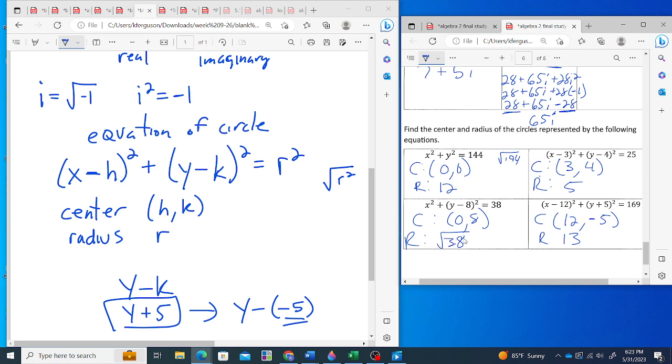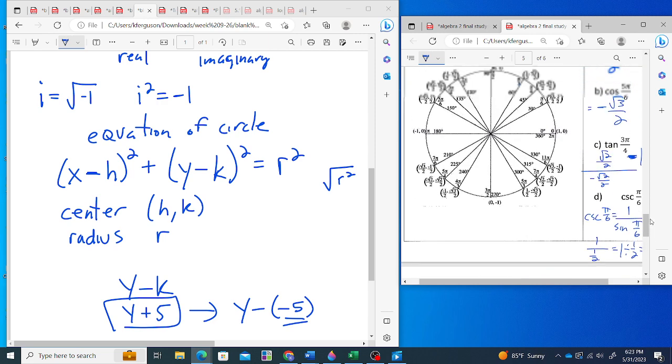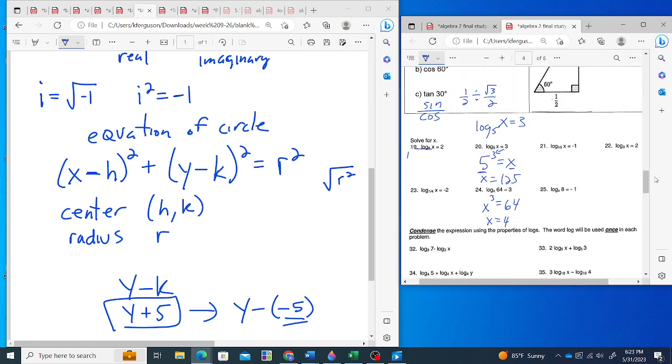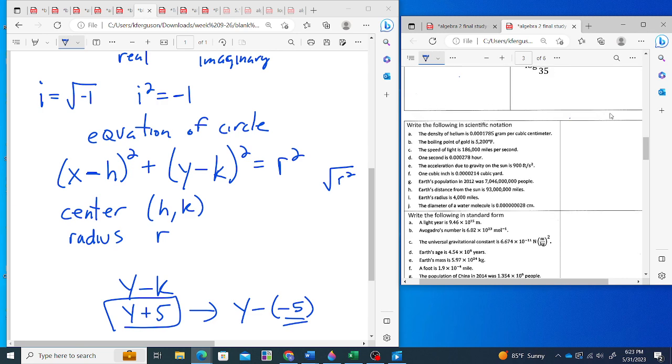Just making sure that you understand that the radius is the square root of whatever this equals. So there. That's pretty much everything if you were going to put something on your note card. Let's double check real quick to make sure. Oh, you know what? I almost forgot. Right here